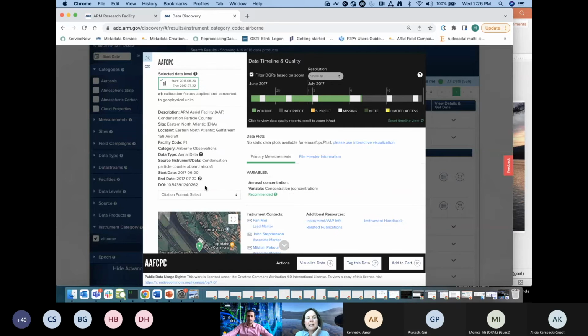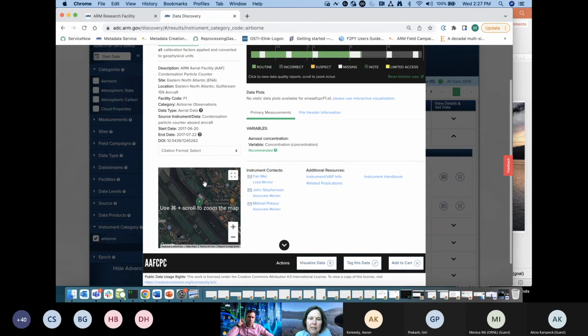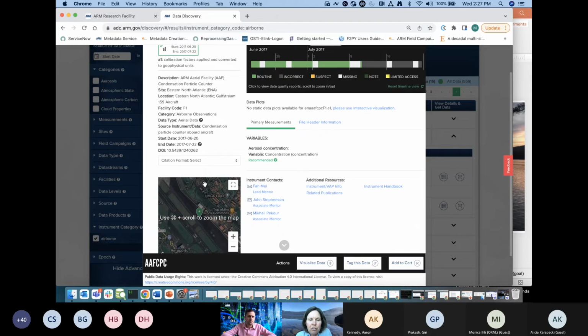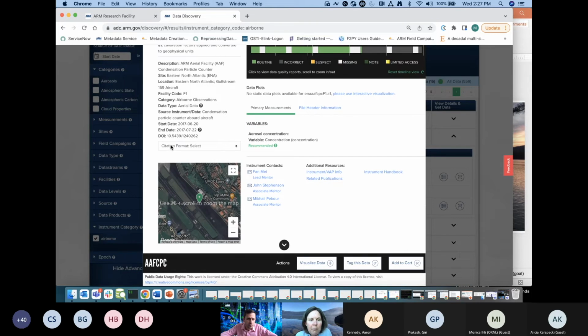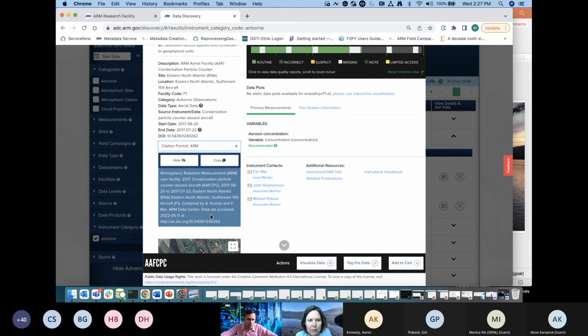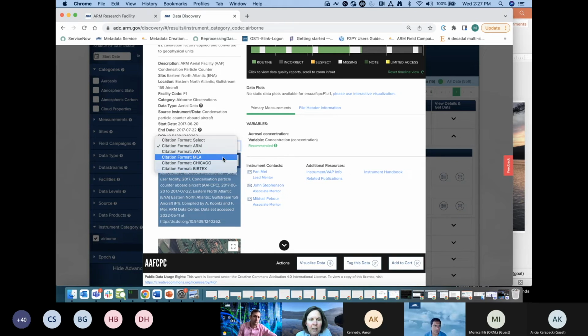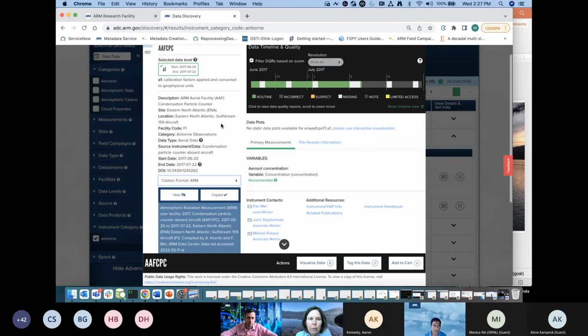how to cite it. So as I mentioned in my slides, there's a DOI in the details section of each data stream that you're going to look at. And that is definitely useful to begin your citation compilation, but we go a step further and just go ahead and give it to you. So it's a quick copy, and you can paste it into your paper. We have this ARM format, but if you want APA, MLA, Chicago, BibTeX, those are all options available through our